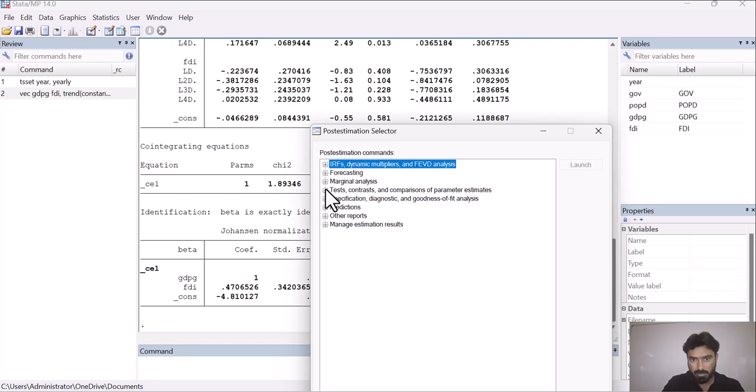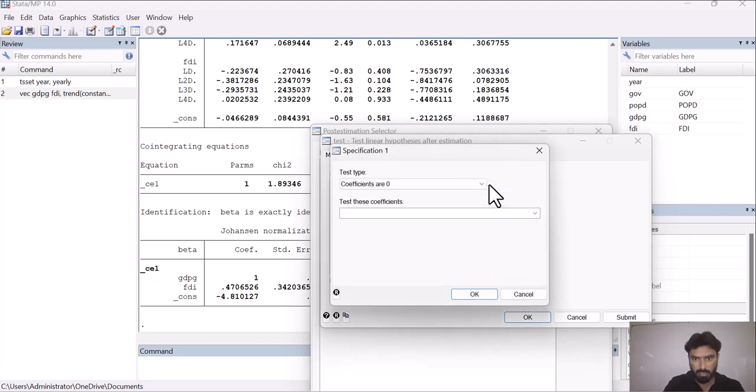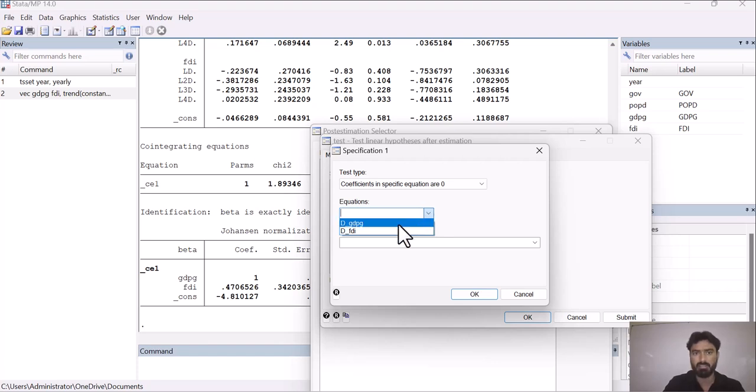test constructs and comparison of parameter estimates, then select the first option, linear test of parameter estimates, and here you have to click on create, and here you have to select that coefficients in specific equations are 0, and here you have to select your dependent variable, as my dependent variable is DGDP, and test these coefficients.